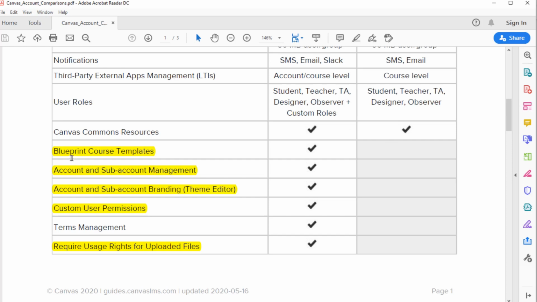Then there are blueprint course templates. Now what are blueprint courses? So what happens is that there is one blueprint course which stays outside the calendar somewhere, and then you have some associated courses. So one blueprint, some associated courses, and then what happens is that administrators and course designers can use blueprint courses to create, to maintain and update course design templates or components across any number of associated courses